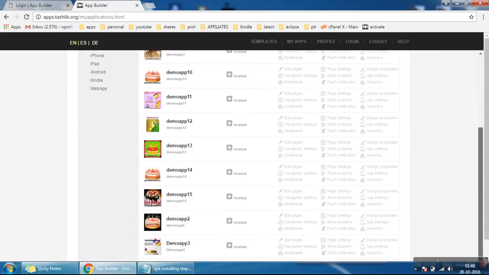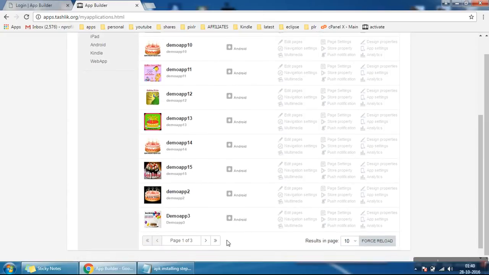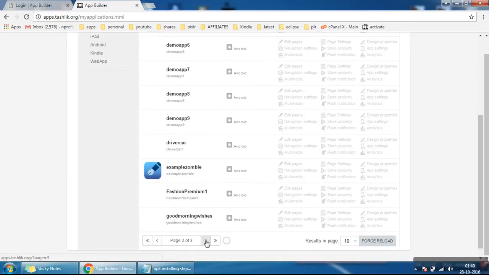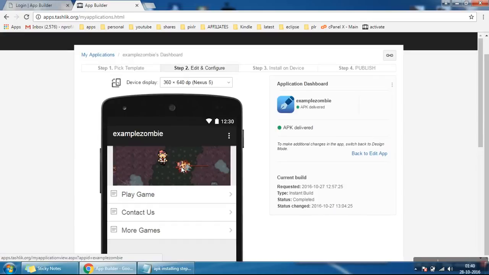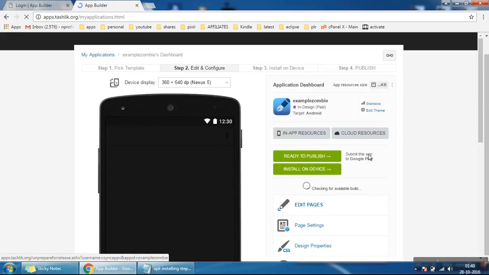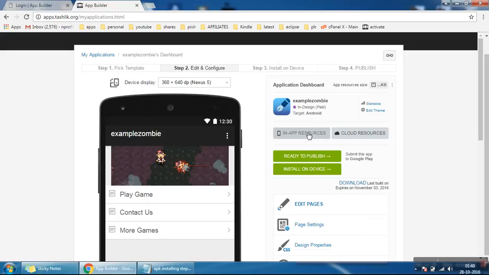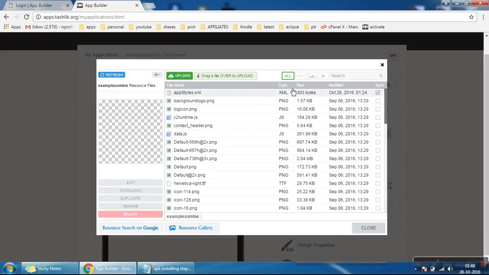I have so many apps created earlier. I'm searching where our app example zombie is. Example zombie is here. So once again we'll click on this example zombie. Now the APK is delivered, so ignore it. Click on back to edit app. Once again we'll go to the in-app resources and see if the changes have been made.